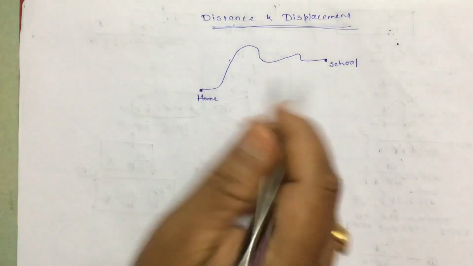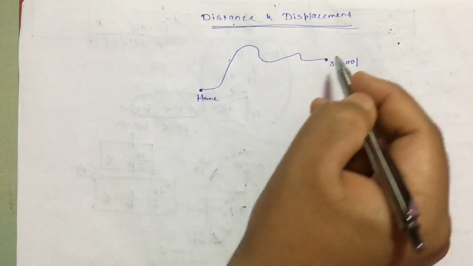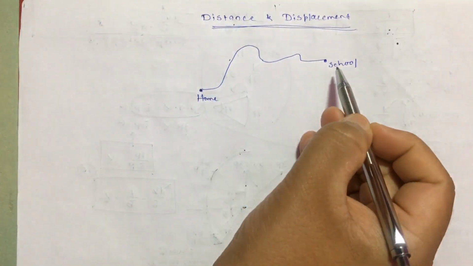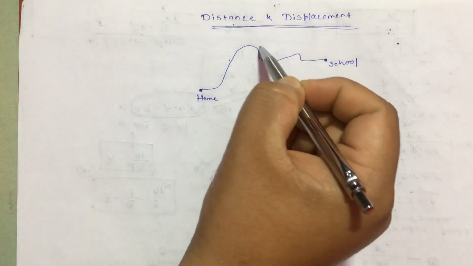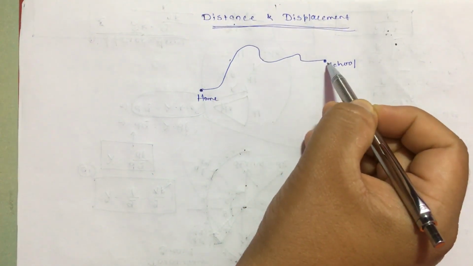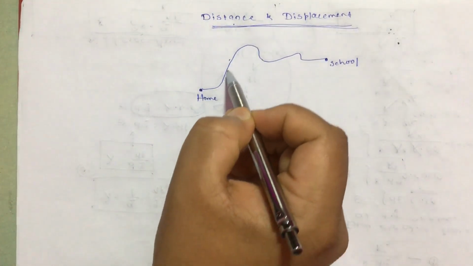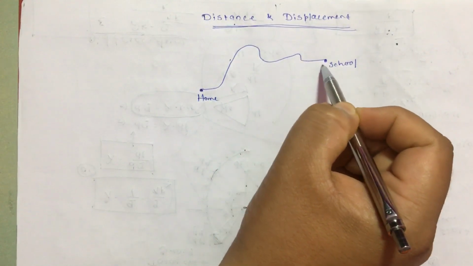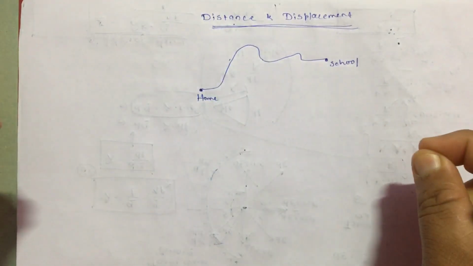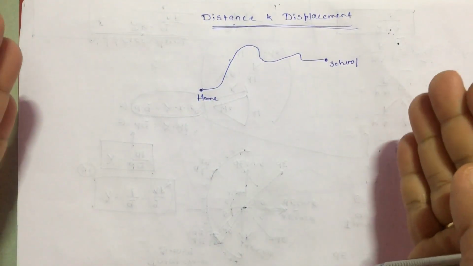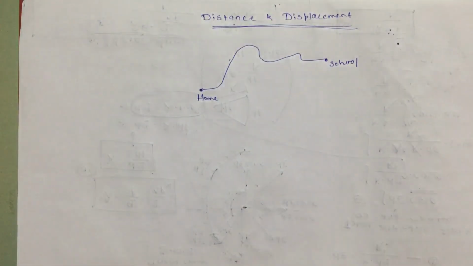Or in this particular case, if this is point A and this is point B, you have to measure the distance between these two. When the tip of the pen is moving like this, just keep a thread on it, and then stretch it on a scale. Whatever length you get will give you the distance.